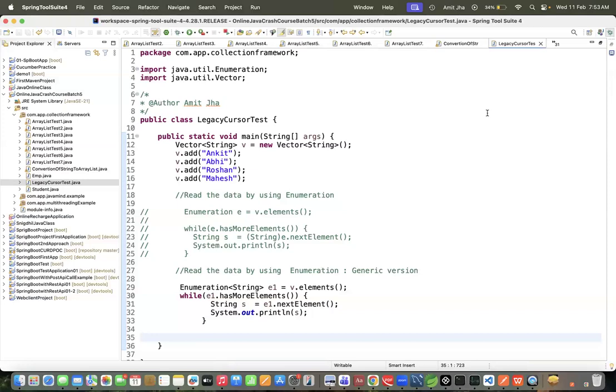Did I say, hey, you don't require this? As per my understanding, what things you should understand, what is best for you in terms of coding, I have discussed everything.